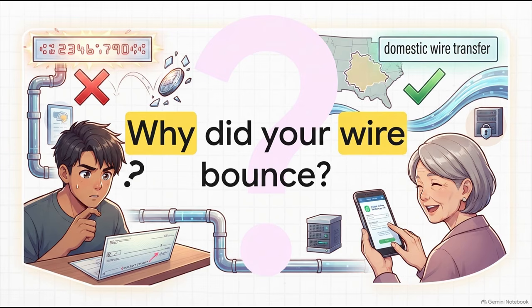So why exactly did that urgent wire transfer bounce? Well, knowing your routing number isn't just some trivial banking trivia. It's honestly the fundamental pipeline of your digital finances. A massive, high-stakes mistake people make every single day is using their standard regional routing number for a domestic wire transfer. They just look at the bottom of a check, type that number in, and boom, their wire gets rejected. We're going to solve that mystery right now and show you exactly where to look so you get it right